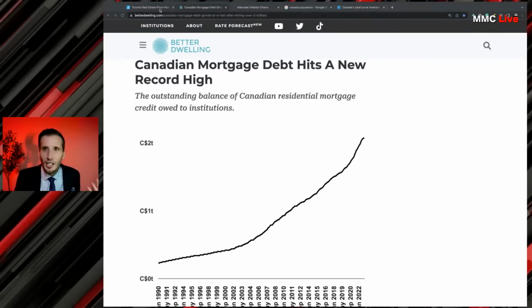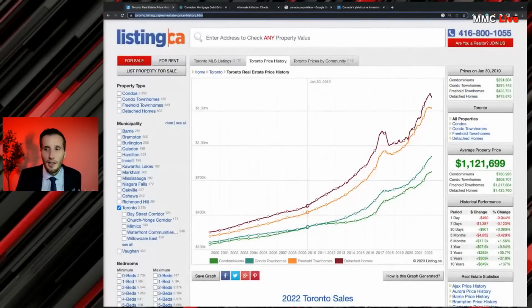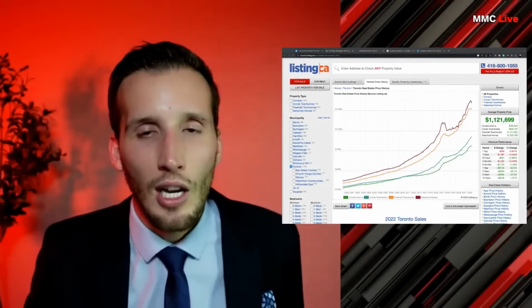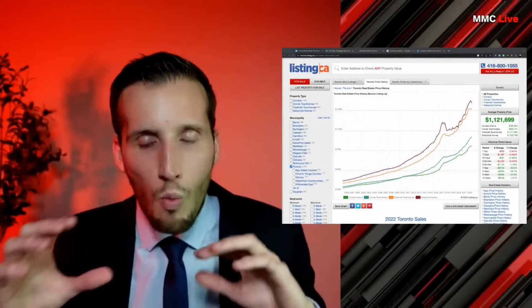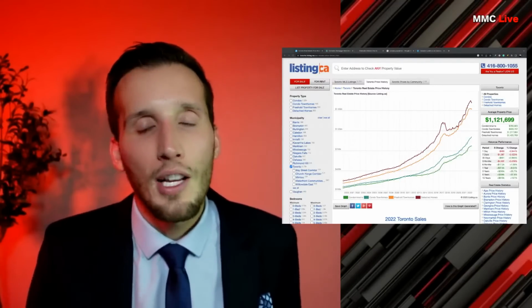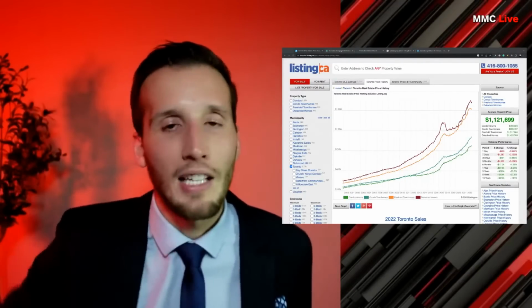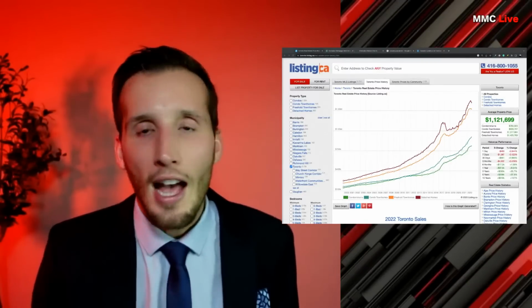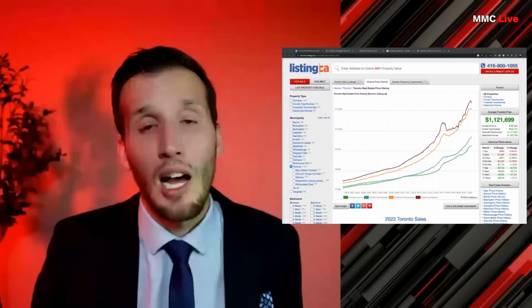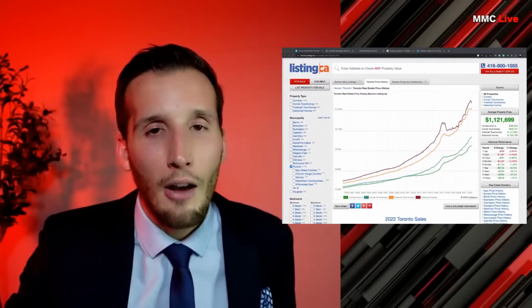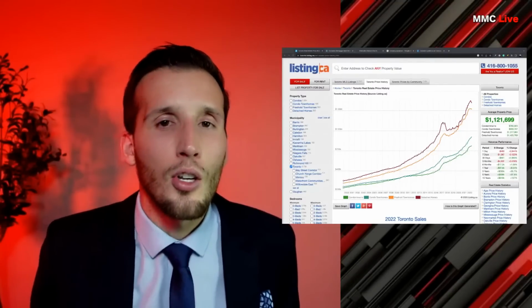So I think you really have to understand that this chart corresponds to the amount of mortgage debt that Canadians have taken out, the amount of outstanding debt. And we know from this chart as well that it's not a question of people arriving with bags of money. That is not what's happening. I don't care what people are telling you. We know it's not happening, because we just have to look at the mortgage debt. We just have to look at the housing prices, and we can see that the two are tied at the hip,